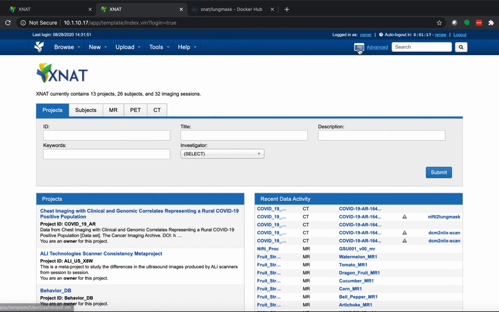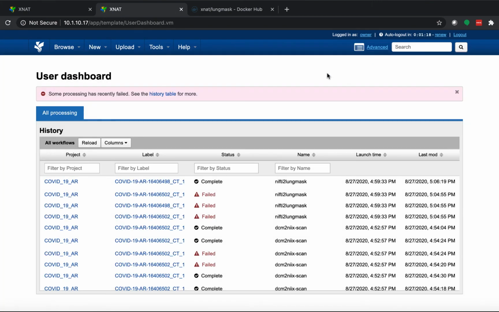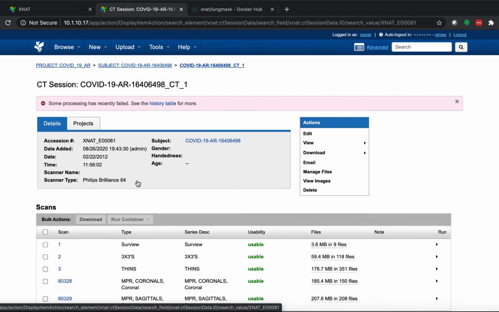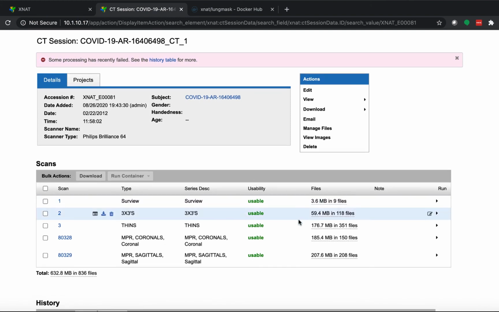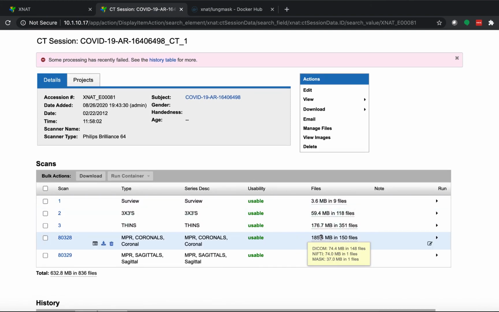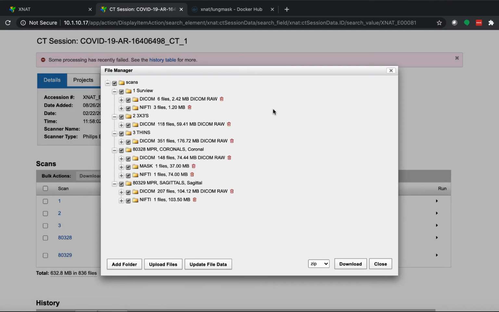If we go back to our processing dashboard, we can see 3 of our operations failed as you would expect, but one of them actually completed. So let's take a look here at the one that completed. And let's see, so this scan here successfully got a mask created. The second one did not. We go to Manage Files. We can see here is our mask resource, and here is the lung masks